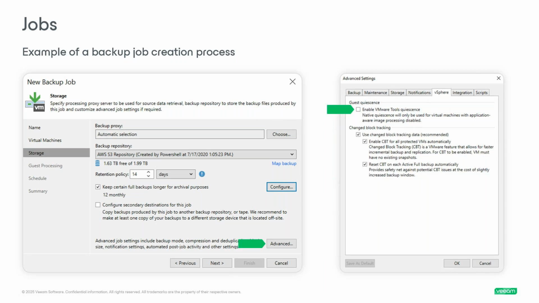CBT allows you to make the backup a bit quicker, improve the performance of the backup process. Veeam leveraged the one on VMware, but when it's disabled or it's not available, let's say you're running an earlier version of VMware, Veeam uses a similar technology to perform the same work. So you can just check or uncheck it based on what version you have, or if it's working for you. If it's not working for you,